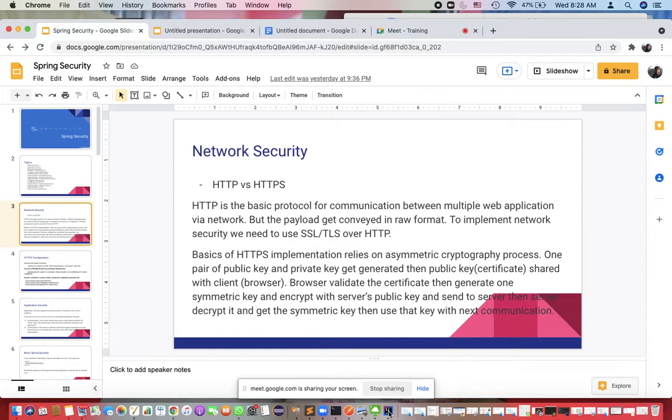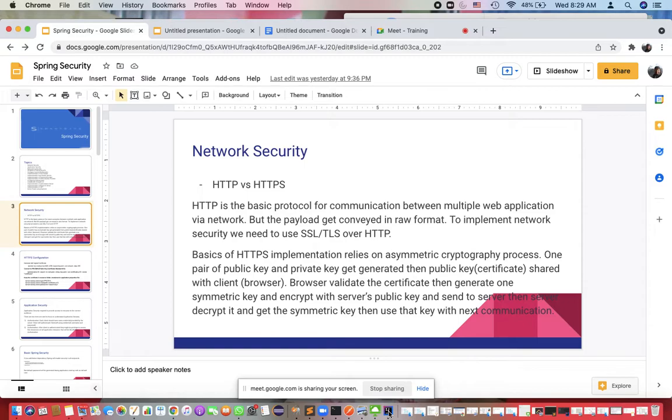You got the certificate, you create a random string, you encrypt it with the public key you received from the certificate, and send it to the server. Now the server got that encrypted string. It can decrypt it using its own private key. So both the client and server have that random string. For the next communication, it will use this random string to encrypt the data from each end. It will not use that other thing.